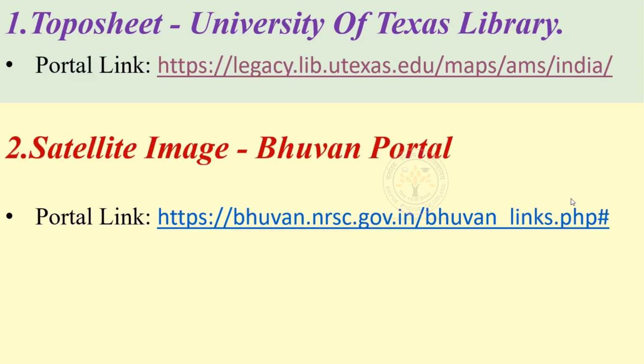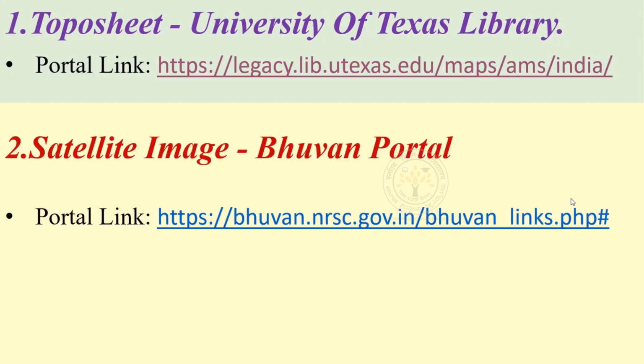The second one is satellite image collection from Bhuvan portal. Indian Space Research Organization developed a web-based mapping application called Bhuvan in August 2009. This portal provides several spatial data of the country for different time periods. Registration is necessary to download data from this portal. The web link for the page is mentioned here. You can use it to go to the web page. It is advised to go through the web page and surf in detail to understand the various information available in it.